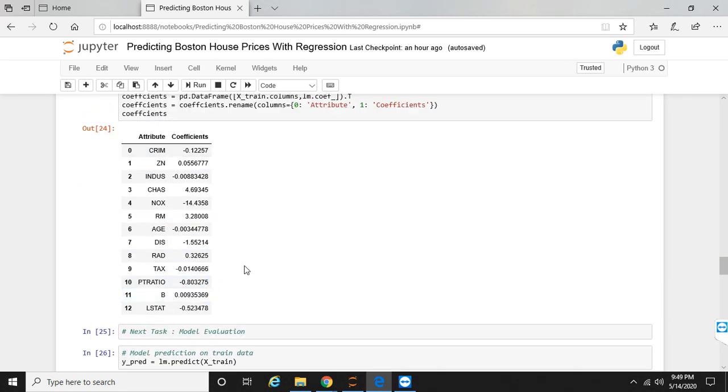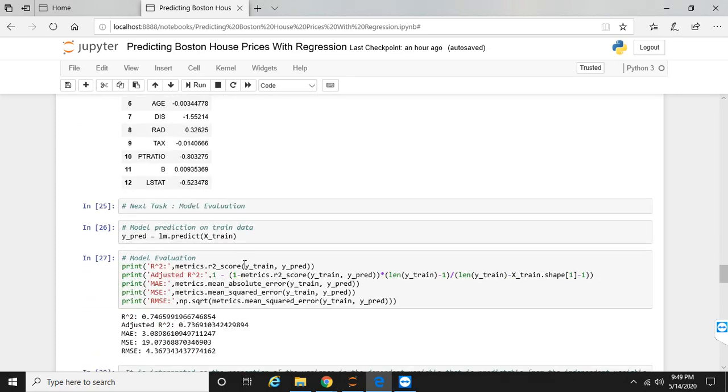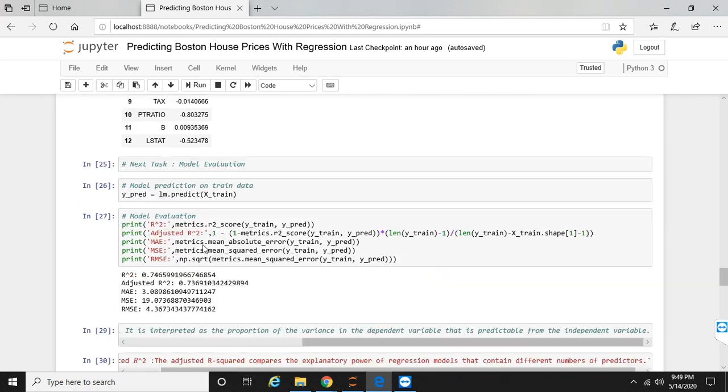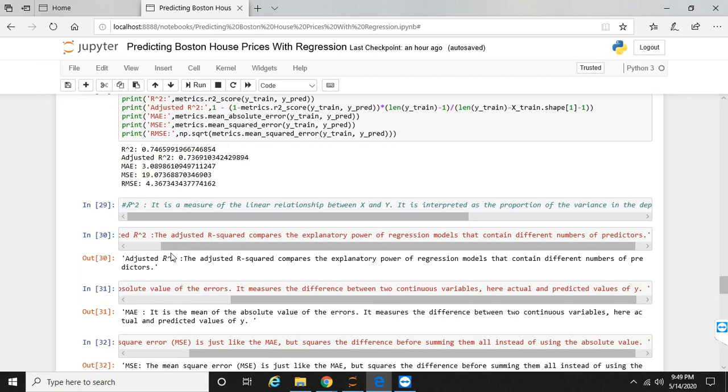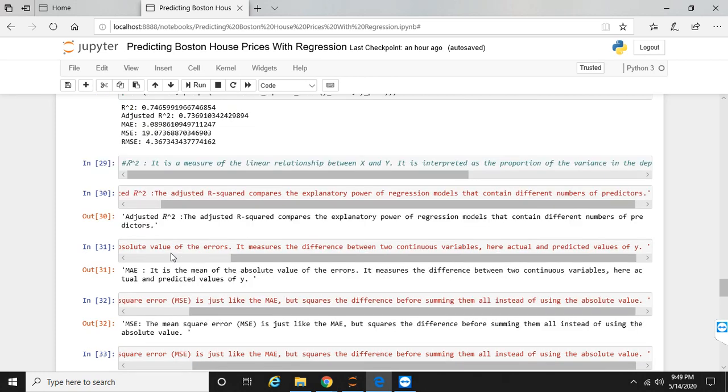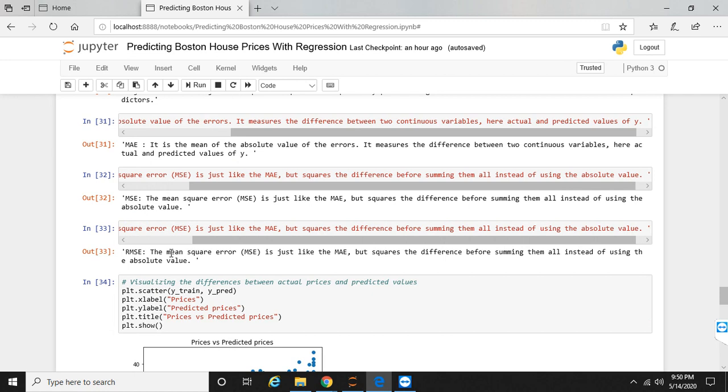Next, our next task is model evaluation. So for model evaluation, model prediction on trained data is calculated, and the trained data set generates an accuracy rate of 0.74, that's 74%, where R square is the measure of linear relationship between X and Y, and adjusted R square compares the explanatory power of regression models, and MAE is the mean of absolute value of errors, and MSE is mean square error.